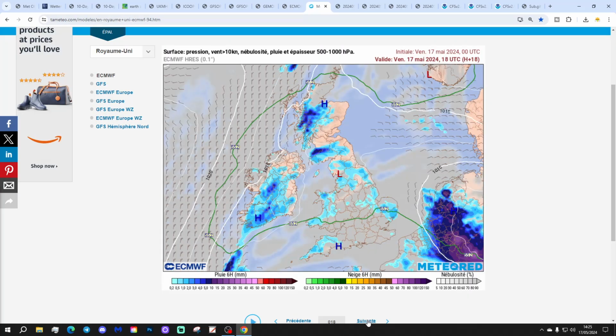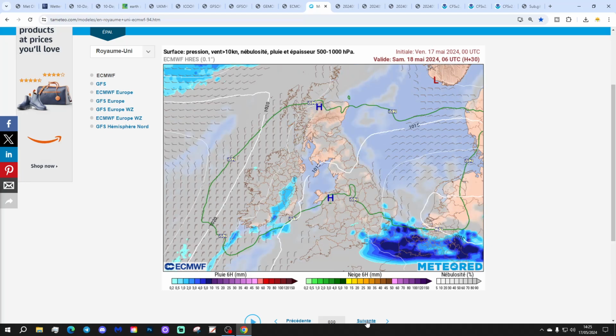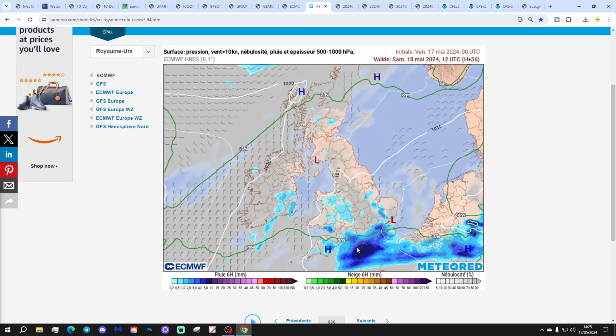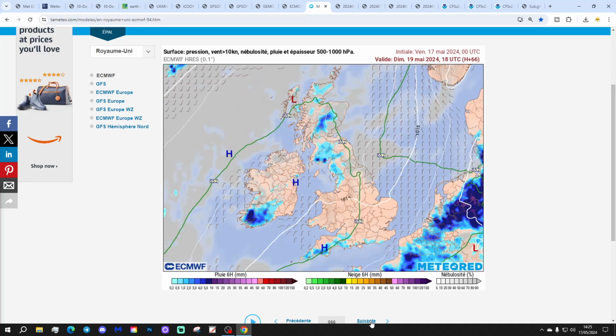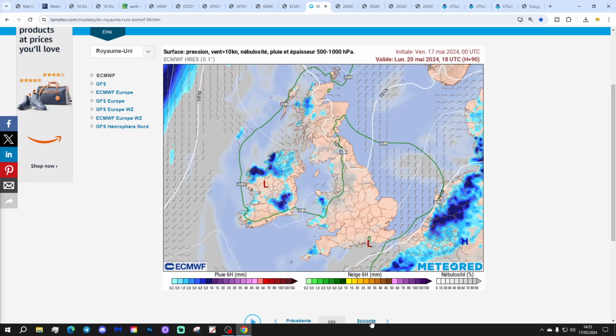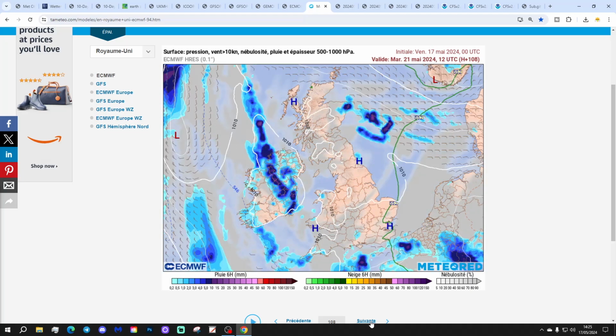This is a precipitation forecast based on the ECM run from TropicalTidbits.com. So more showers for the south over this weekend. Otherwise, relatively dry in the north. Through the early part of next week, it looks quite dry, but then the middle of next week starts to